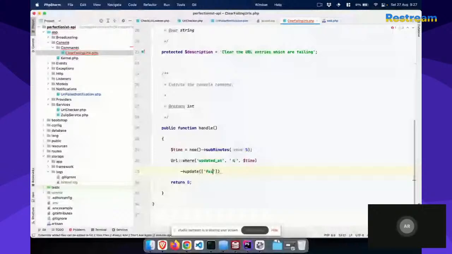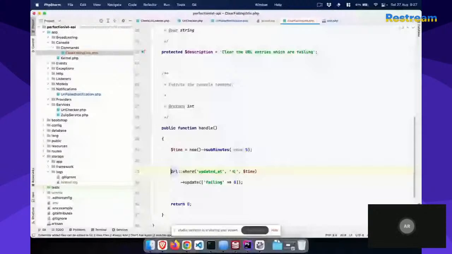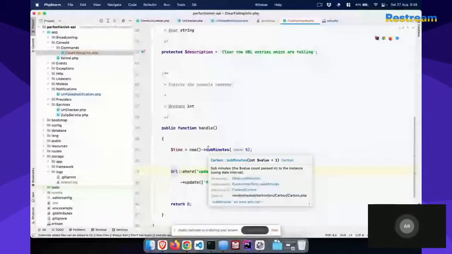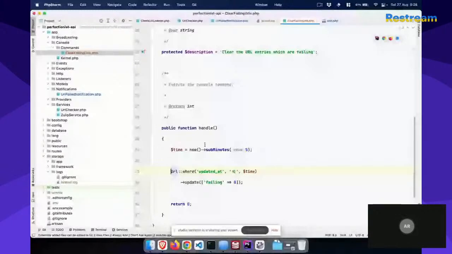At a time which is 5 minutes back from the current time, we get all the URLs which were updated at that point, and they are failing. Okay, maybe we will add where, yeah, should be added failing is 1, and then we